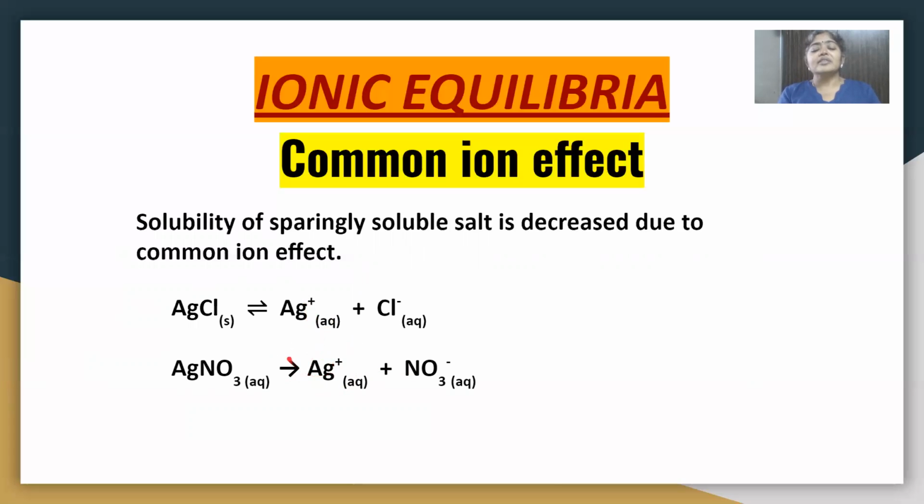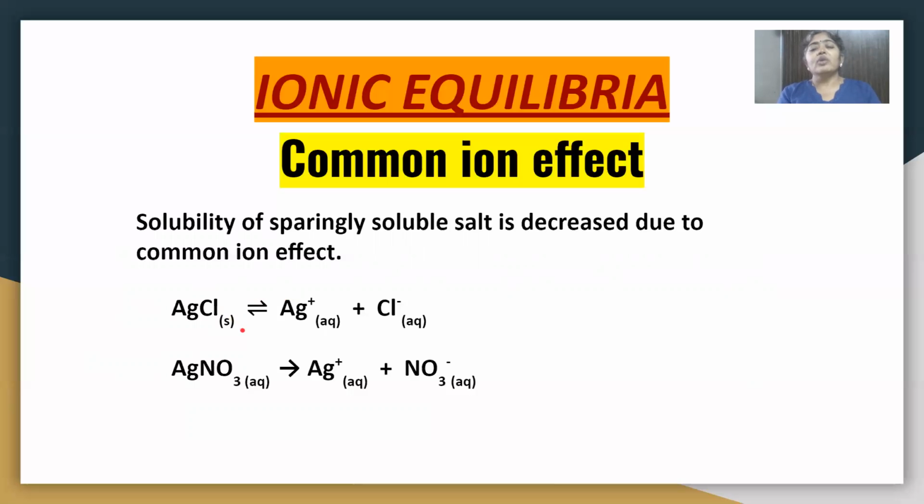But the presence of this excess Ag plus will now suppress the dissociation of the weak electrolyte. Which is the weak electrolyte here? The weak electrolyte is AgCl. It is also a salt like silver nitrate, but silver nitrate is a strong electrolyte and silver chloride is a weak electrolyte because it is a sparingly soluble salt. So the excess silver ions will shift the dissociation of AgCl to the left. That means it will not allow the AgCl to dissociate, so it will help in the precipitation of your silver chloride.